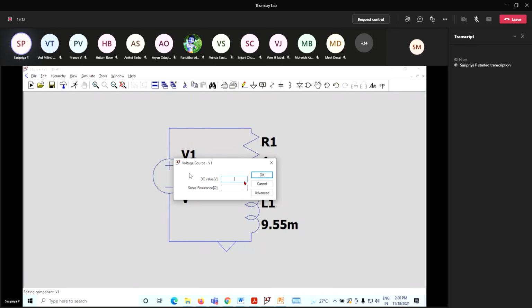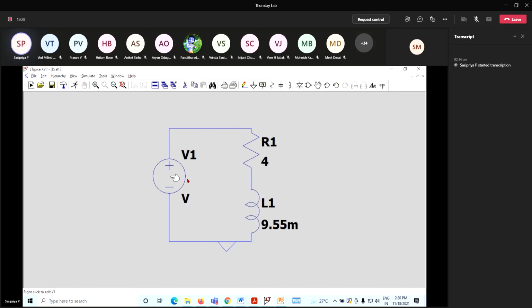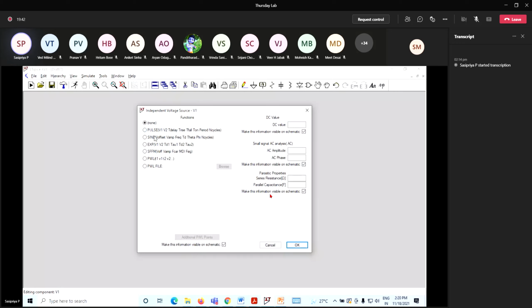Okay, in the phasor diagram, I need to have VR, VL, total voltage V, and then I. Now to apply the sinusoidal signal, click on advanced. As usual, right click on this voltage source. By default this source is a DC source, but I can customize it for any type of signal. Click on advanced. Now you can see you can apply a pulse signal, sinusoidal signal, exponential signal,